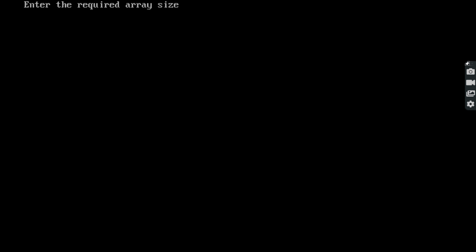So the program control goes to the output screen. This is the output screen. It asks to enter the required array size. The required array size is 6. So 6 elements are read from the keyboard into the array by using a for loop and scanf function. The 6 array elements are 50, 60, 20, 15, 35 and 55. So by applying the bubble sort technique, we are getting the array elements in sorted order.